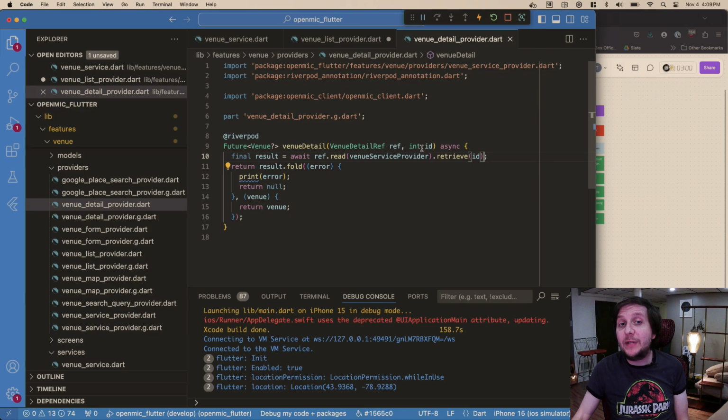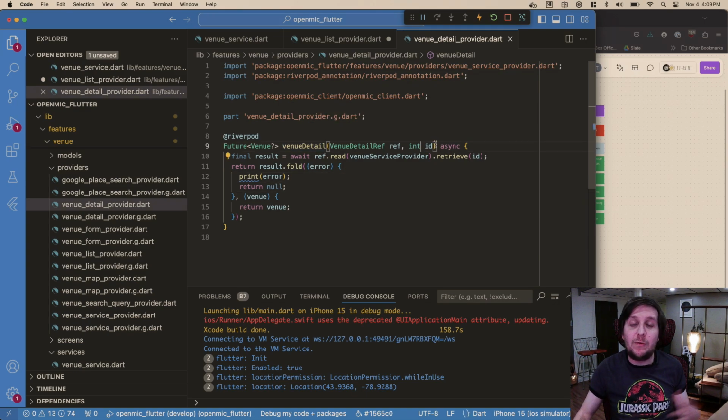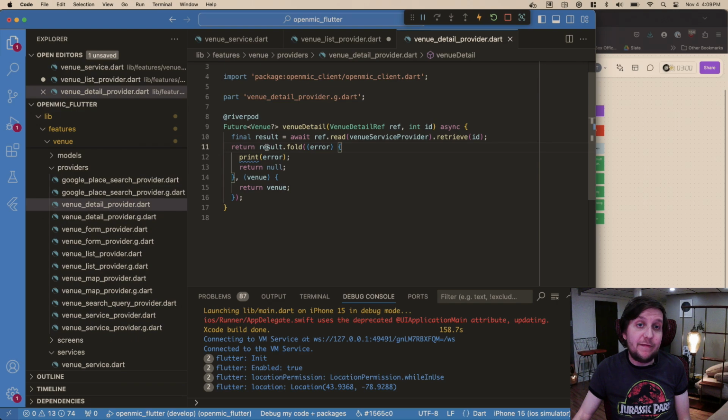This is a family, meaning that although it's like a singleton, it'll be cloned and disposed of as needed for each unique ID. So an int of ID 1 would have this in memory, and so on. So family-based stuff. And then we just return the result by folding. If there was an error, we print out the error, but if not, we return this. So that's why this is a future of a venue. Technically, though, the venue can be null if something goes wrong.